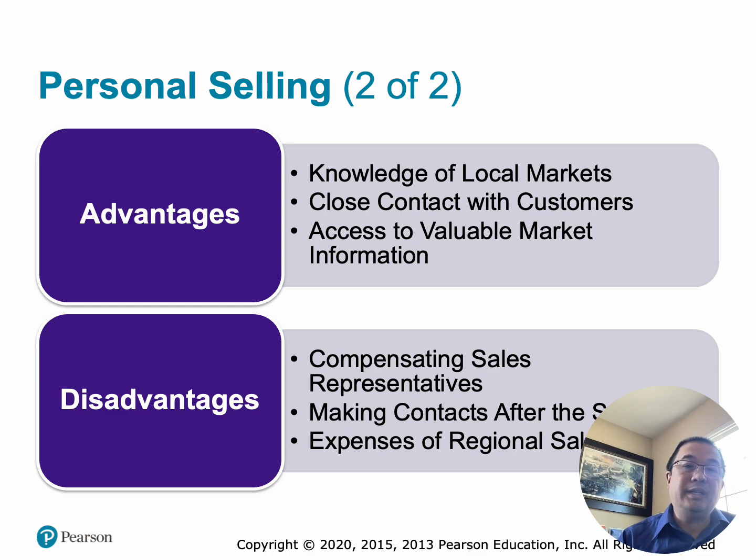Number three, expenses of regional sales offices. International firms often need local offices to support their sales teams. The costs include office rent, staff salaries, travel expenses, and administrative support. So a company operating in Mexico, Brazil, Germany, and Japan may need separate regional sales offices in each market. These costs can be substantial.